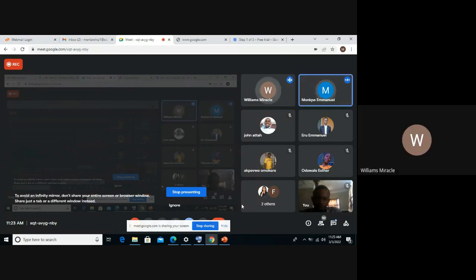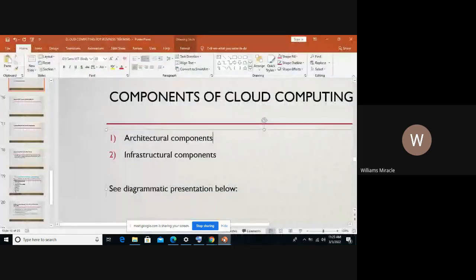Okay, let me come again on the infrastructure components. I said that the infrastructure components consist of the server, the storage, the management of the software, the deployment, and the platform virtualization. Remember when I made mention of virtualization as part of the cloud technologies, you being able to share files with your clients. By doing all that, I'm referring to virtualization.